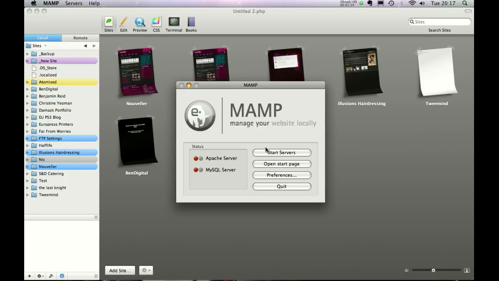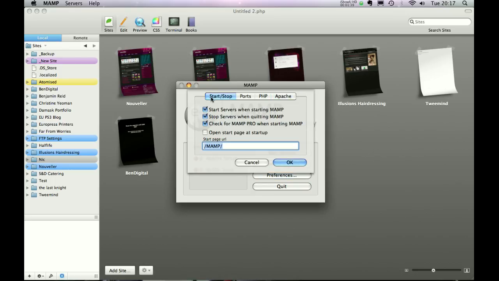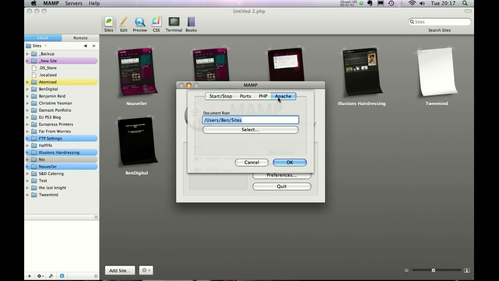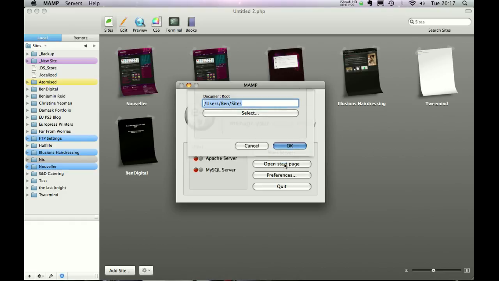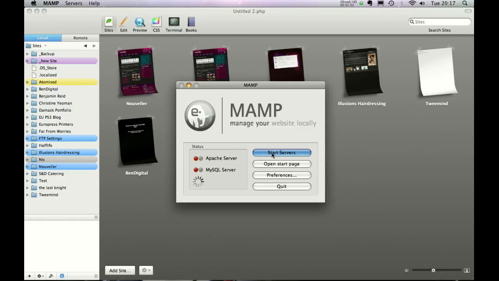The first thing we need to do is set some preferences. Nothing too difficult. We'll start on the start and stop, and we're just going to select Apache. The document root is where you keep all your websites. So in my case, that was my default sites folder. You might keep it somewhere else, so you can enter your document root or use select. So that's where mine is, so I'm going to hit OK, and I'm going to turn my servers on. As you can see now, both my servers are now turned on, both got the green light,